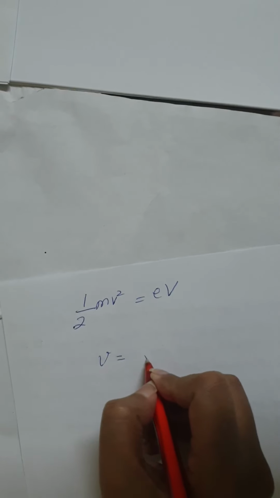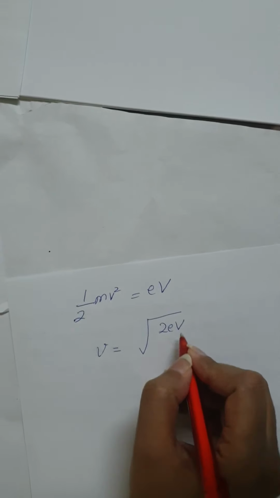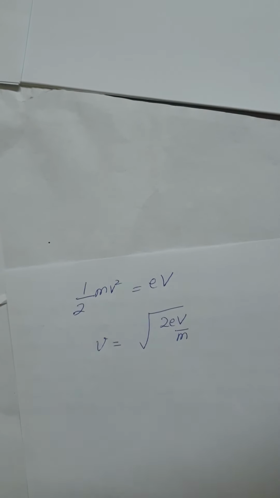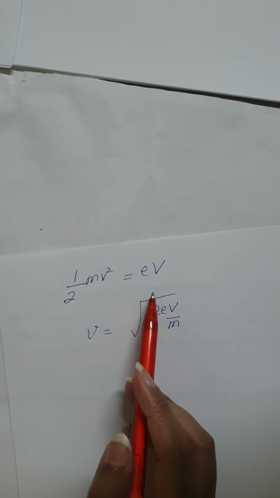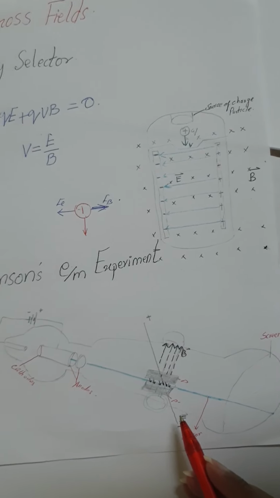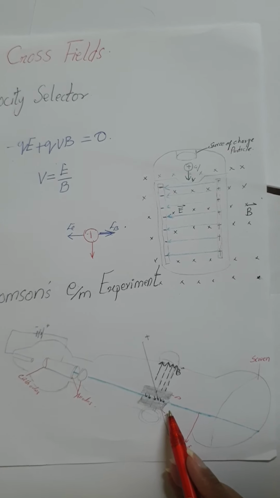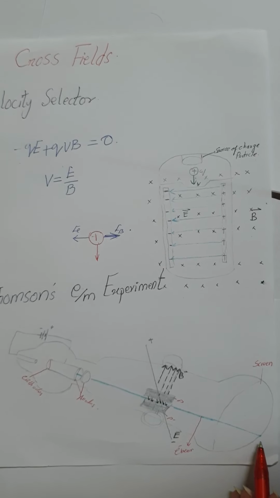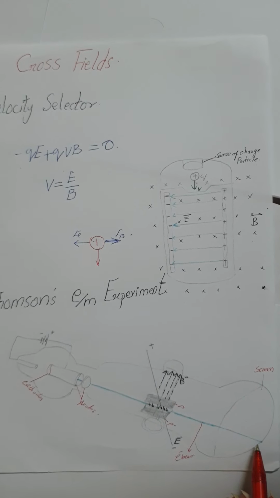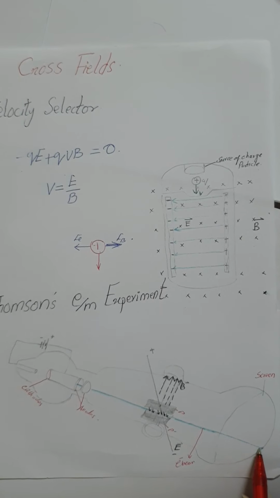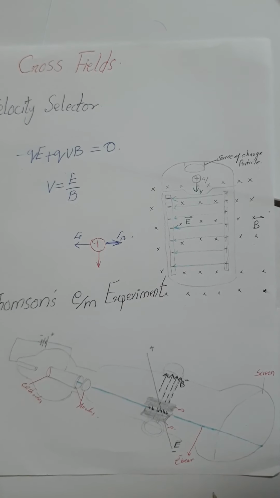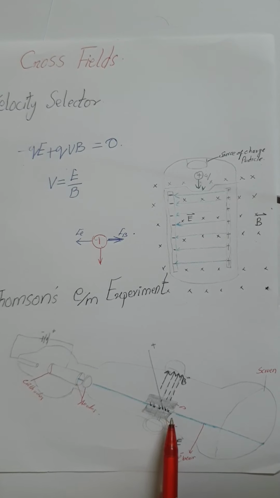And from here, the speed of the particle. e is the magnitude of the electron charge, and the electron passes between the plates P and P dash here and strikes the screen at the end of the tube, which is coated with some fluorescent material, and it glows when the electrons fall on the screen. The electron passes straight through the plates,